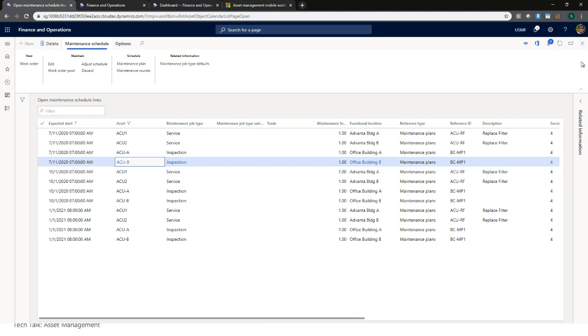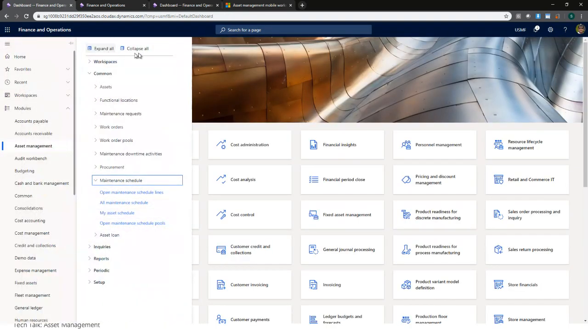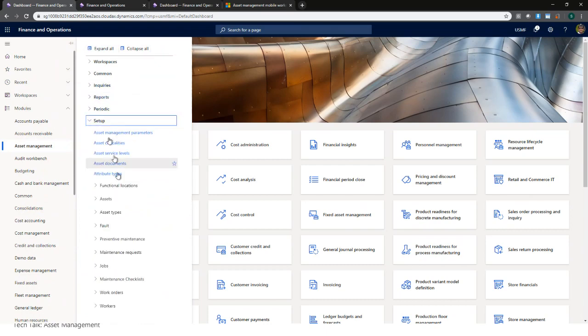Okay, so that's how you schedule your preventive maintenance: you define a maintenance plan, you run scheduling, and scheduling tells you what scheduled maintenance is coming up. Then you have the ability to adjust that and create preventive maintenance work orders from there. The same thing works in a very similar manner for